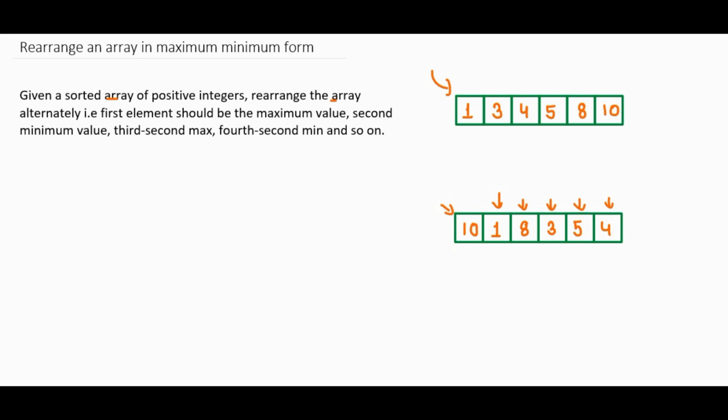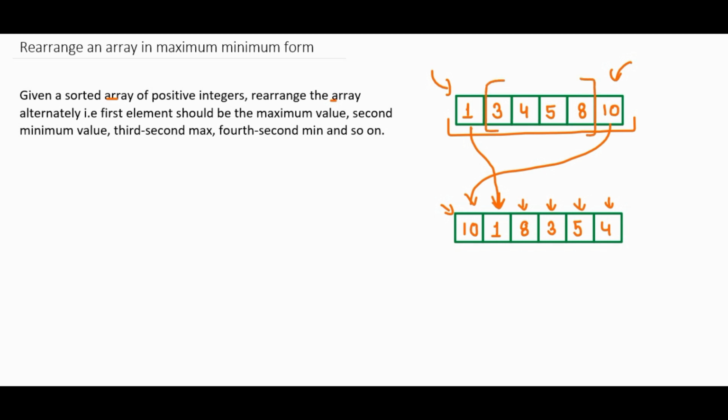So what I am saying is, first of all, we have this whole array. The first element should be the maximum element. As we know, the array is sorted, so we just put the last element at the first position. Now we want the minimum element. In this array, what is the minimum element? The first element should be the minimum element because this is sorted. So the first element will come to the second position. Now two elements are done. We have only this array, right?